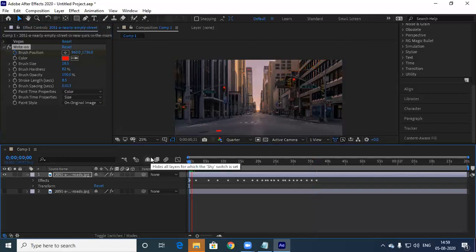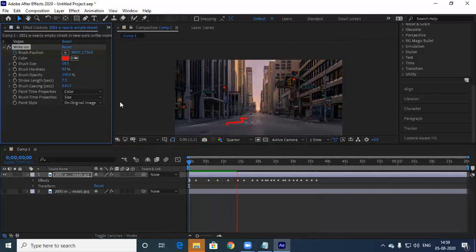See. So can you see the difference? Means what type of animation we are doing.